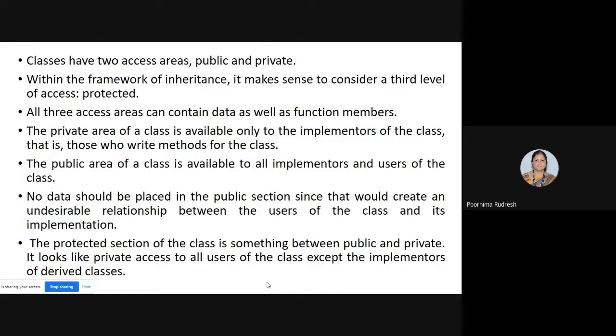For a class, the private area means the implementers of the class can access that. In the public one, both the implementers and users can access it. But the protected one is in between public and private, and it is private access to all the users except the implementers of the derived class.